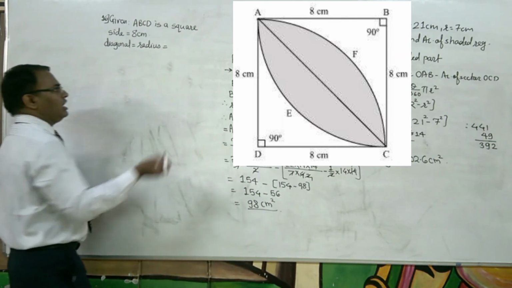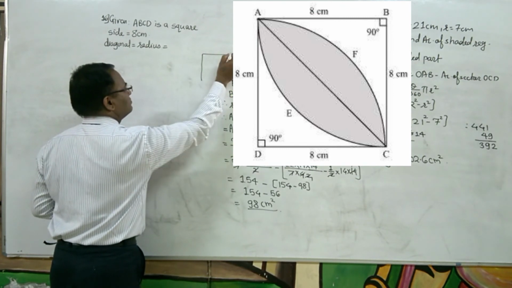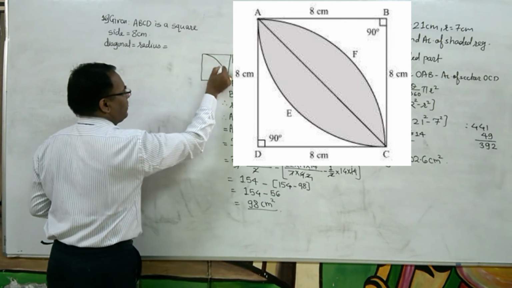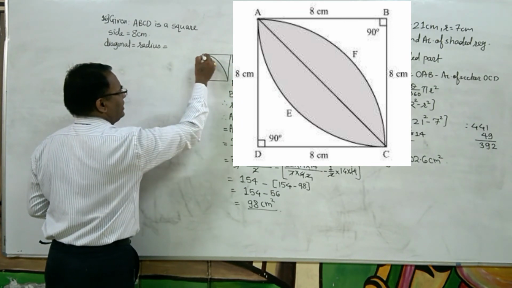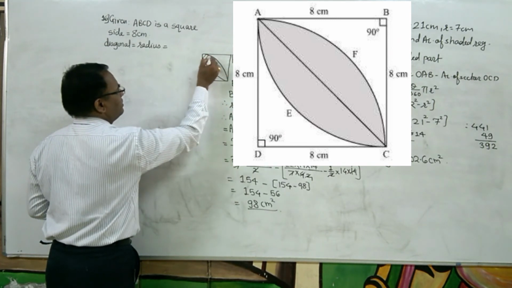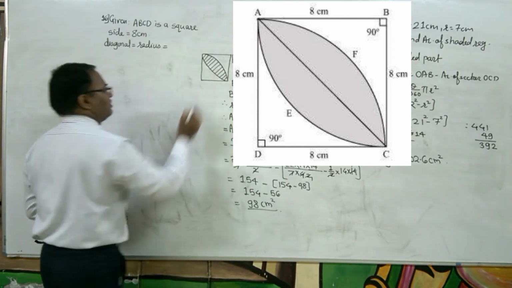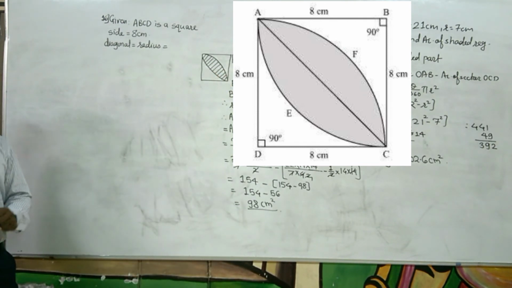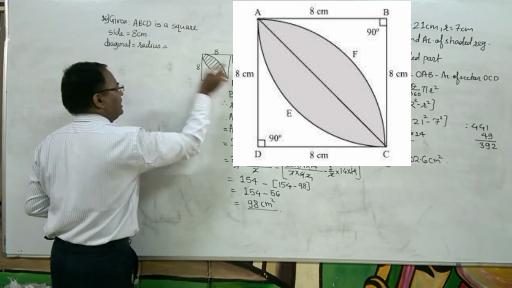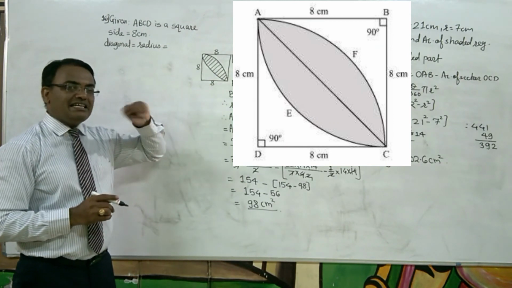Okay, now here I would like to draw a diagram somewhat like this, then like this. Now this is the common part which we have to find out, right? Which you can see in the diagram also. Now these sides are 8, 8, 8 and 8. This part is in between the two common sectors.